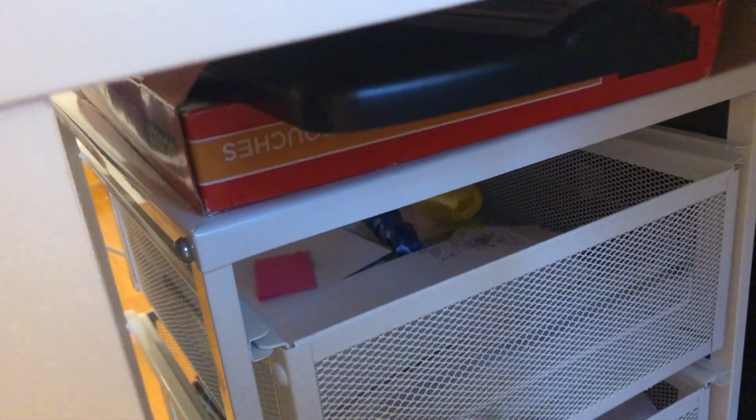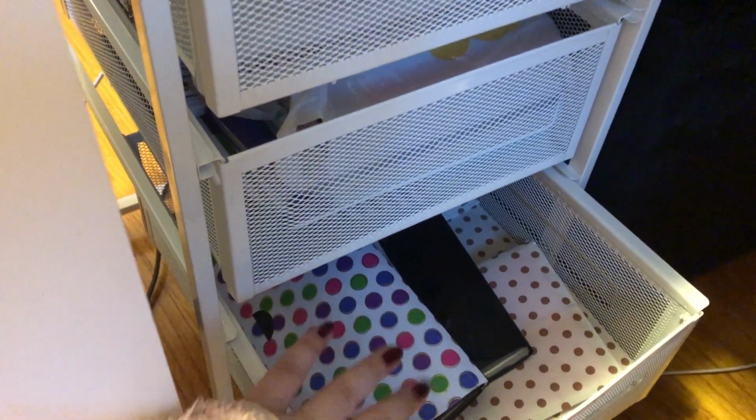And here I have a chair ottoman from Target I bought for like $13, where I store school related supplies. And then I have my paper cutter. And here I have my laminating paper, my laminating machine, and then I have my own cash envelope Etsy